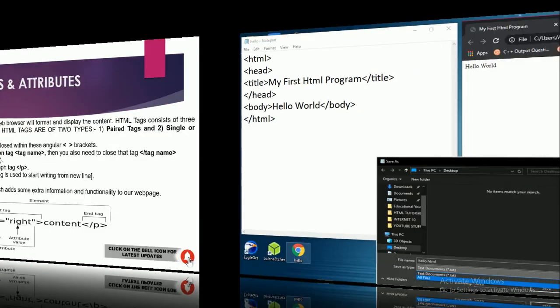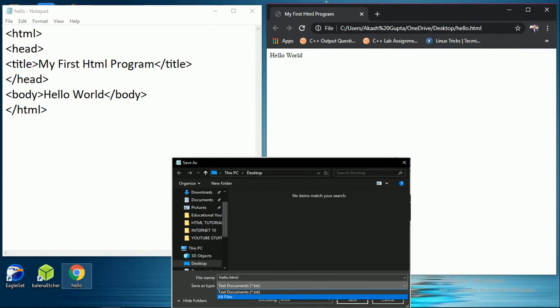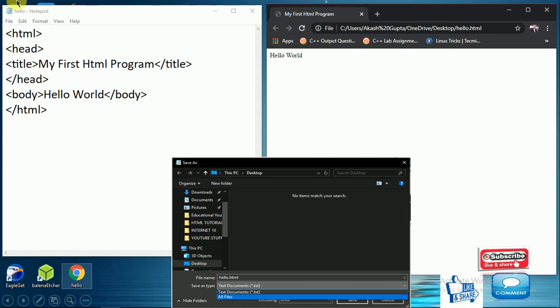So moving on, now we will see the basic structure of HTML coding, means how to code HTML. Any program in HTML will start with the html tag.